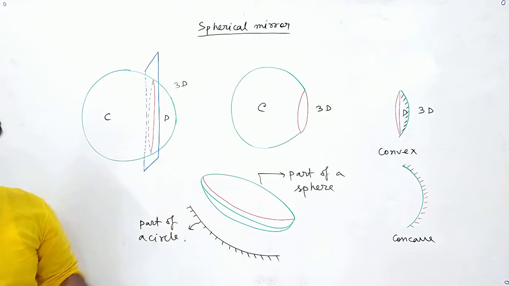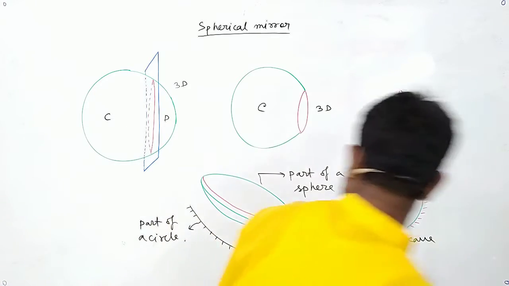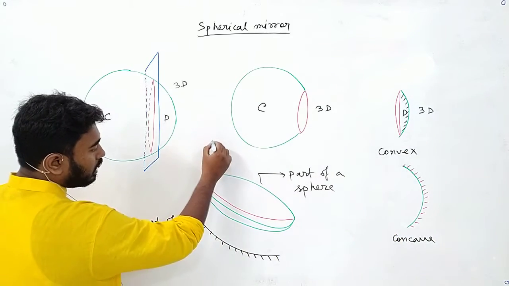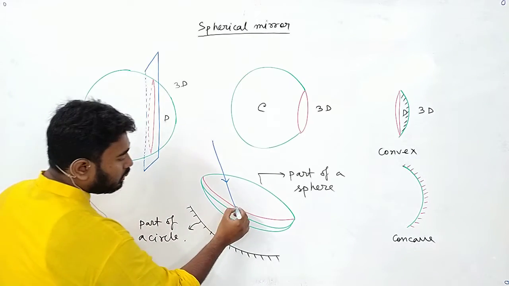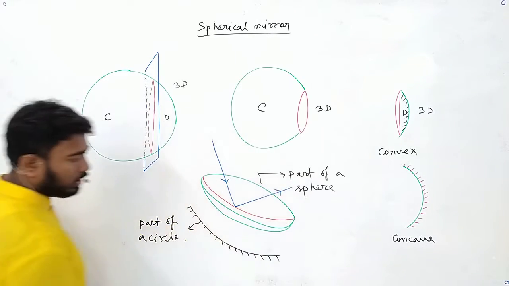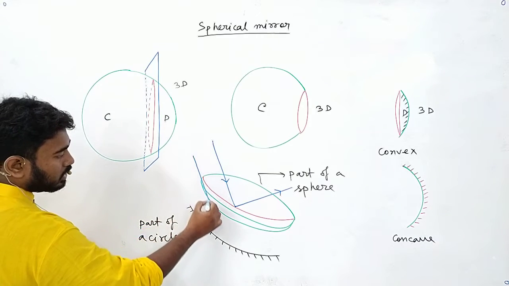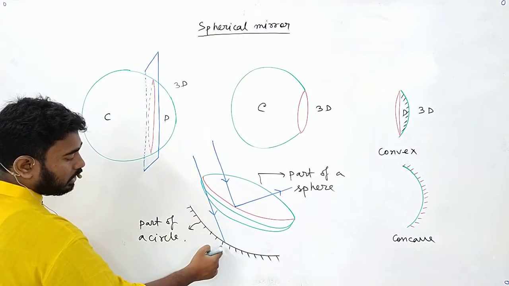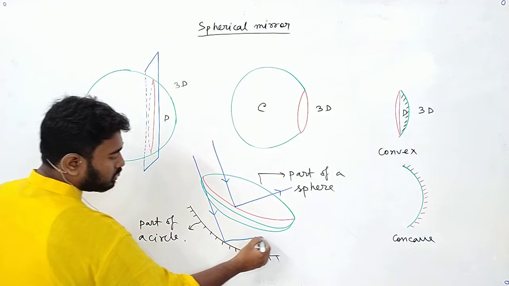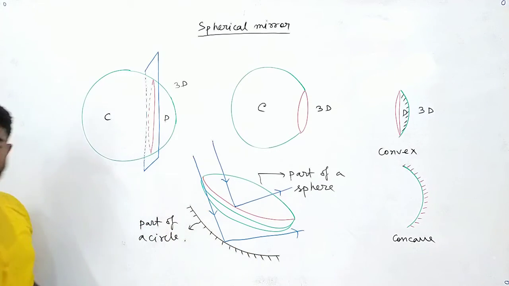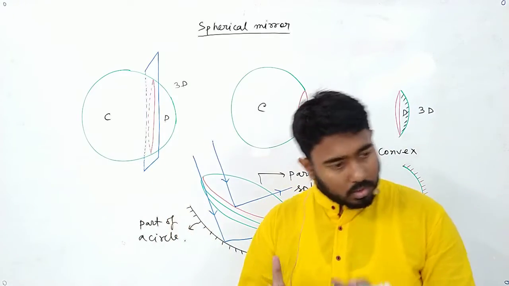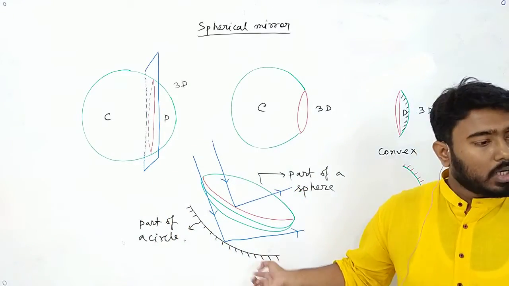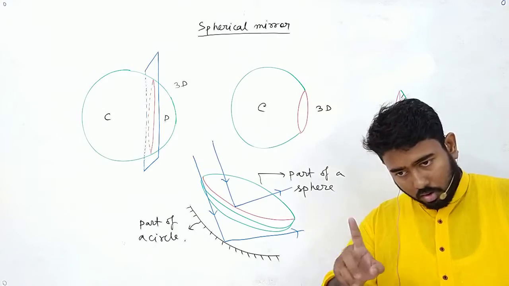Yes. So if I draw it in this way, that a ray of light has come and fallen on this red portion and it has got reflected in this portion, can I say that the ray of light has come in this portion, it fell on the line and it has got reflected in this portion? Are these two things same? Yes. So instead of drawing the whole 3D figure, if I represent it in a 2D figure, is it same? Yes. You got the concepts, right?